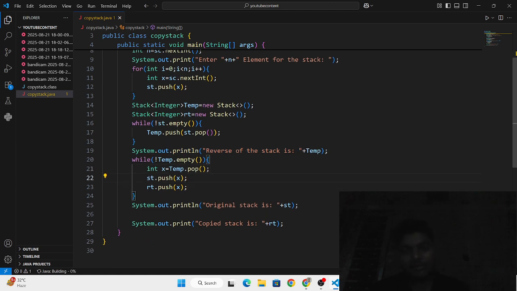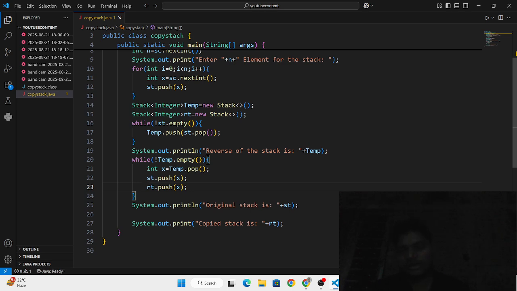And then I'm doing pop from temp and inserting into st so that our original stack should be maintained. And then I'm doing rt.push, which means I copied the stack.